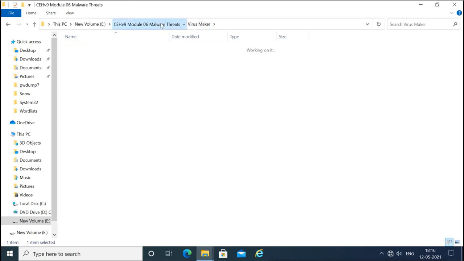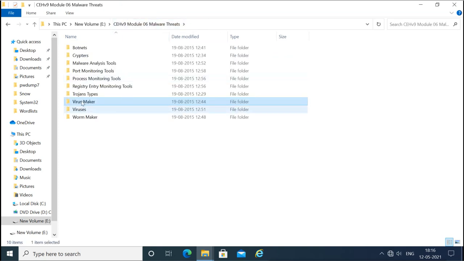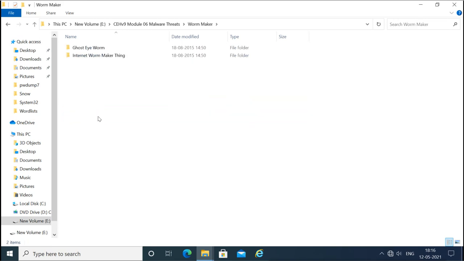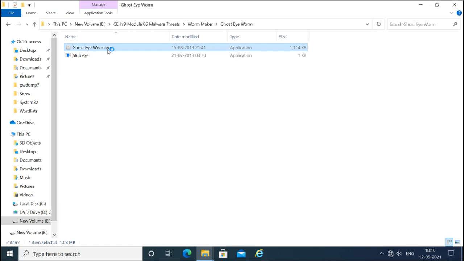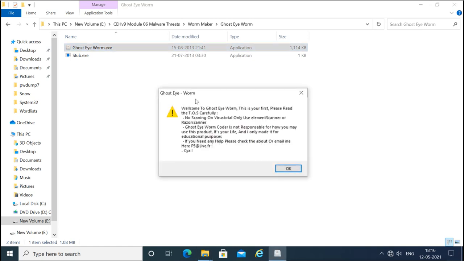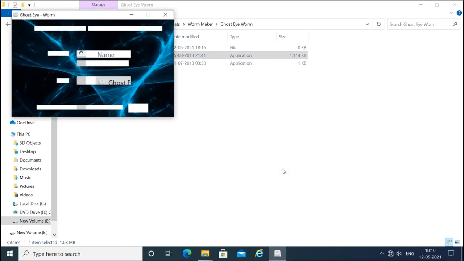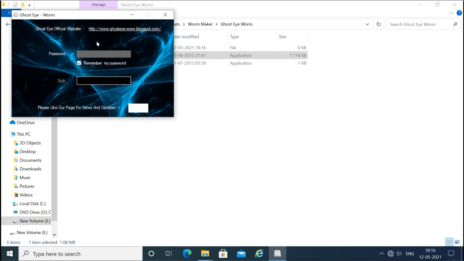And same as this, you have other virus makers also, which you can use to make viruses. Same as you have worm makers also, like the host worm maker and the internet worm maker. These are only worm makers which make worms to spread all over the system. You can put the password here.